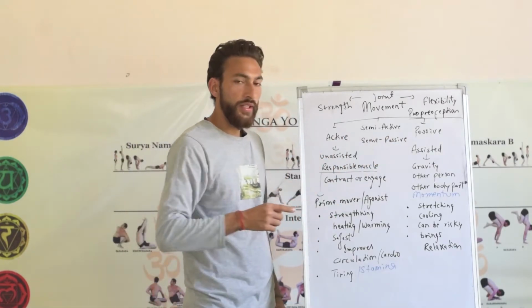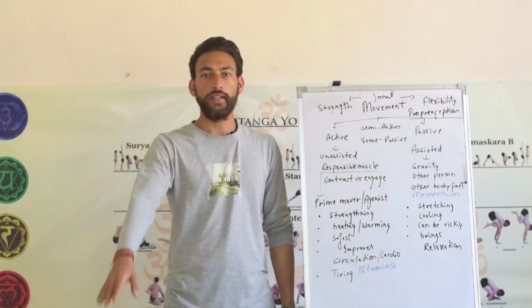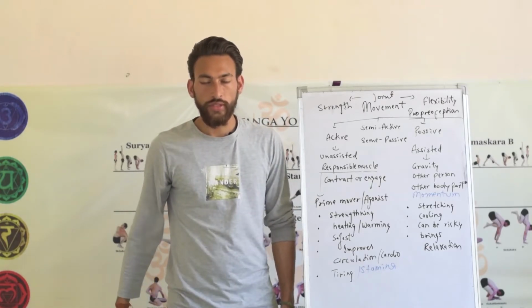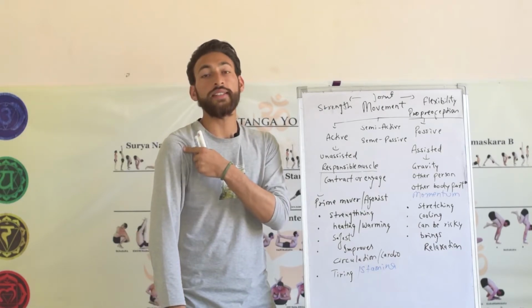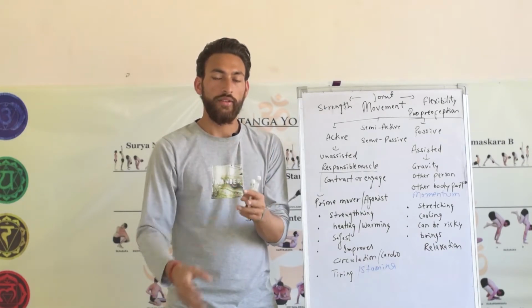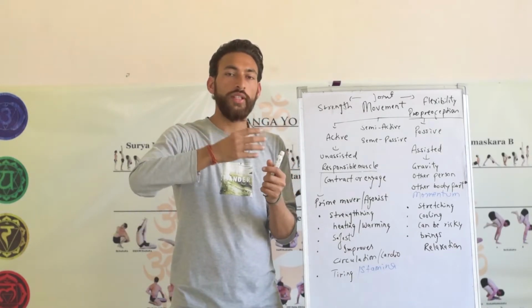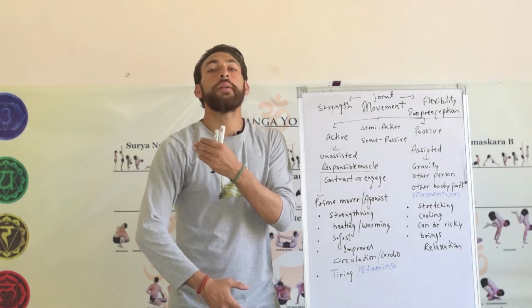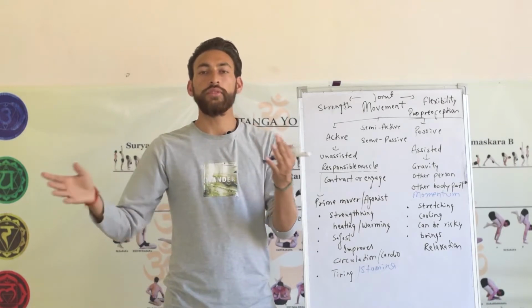Active movement should be done with the intention that you want to warm up, right? So let's say I raise my hand up and bring it down. If I raise it up, bring it down, this way I'm warming the shoulder muscle because it is engaging. When muscle engages, relaxes, engages, relaxes, the engagement of muscle generates heat in that particular area, and when it warms up, it makes the body much more supple and fluid to move.